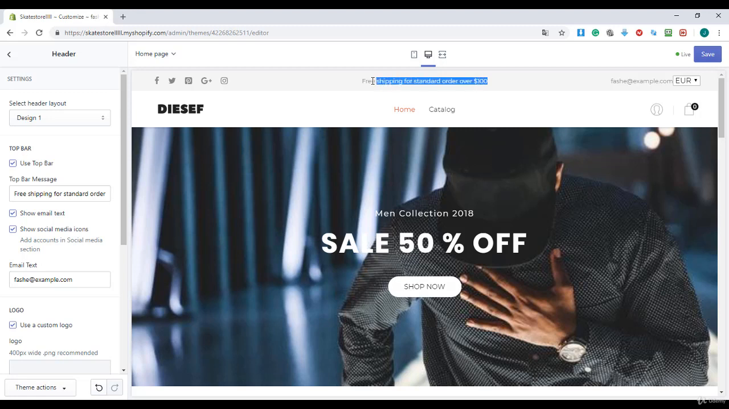And right over here you see the free shipping for standard order over $100. You can edit this right over there. And here it says fash.example.com and you can change that there. So okay, I'm gonna click save